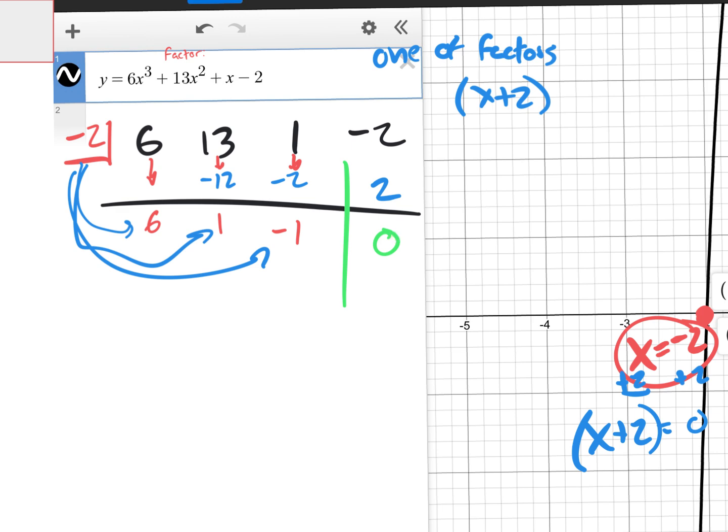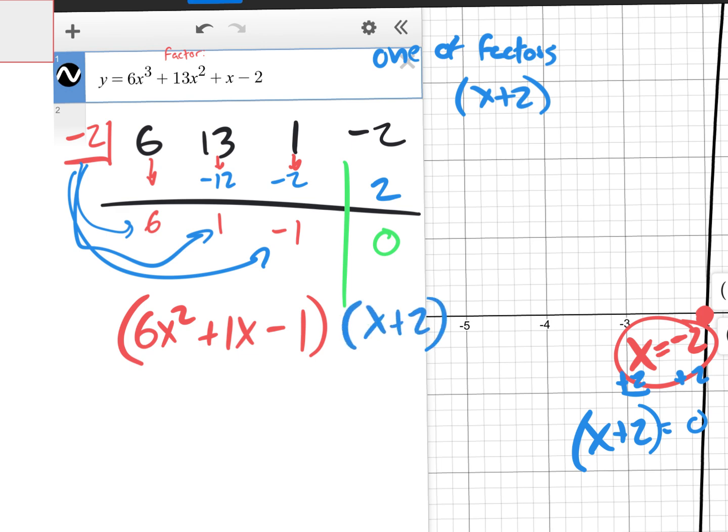Now, why would I want to do that? Because this right here is what we call a depressed polynomial. This is a bigger polynomial. This is a depressed polynomial. It's depressed because this lesson's going on so long. No, it's depressed because it's smaller. So what do I mean by that? This is actually the trinomial 6x squared plus 1x minus 1. That is a trinomial that I got from the 6, the 1, and the -1. And this is the other factor,